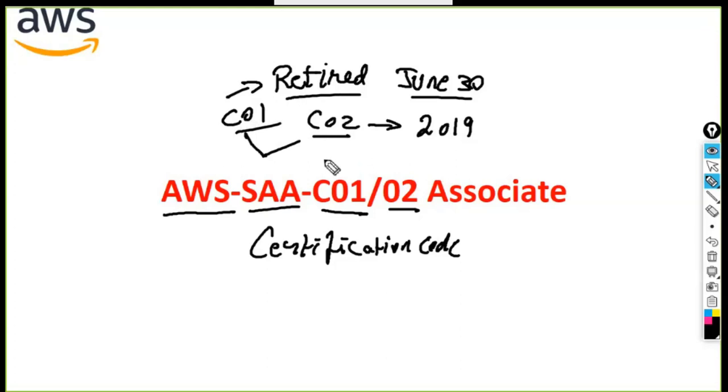So my aim or my goal is towards C02. I'm not aiming for C01, but C02 is slightly complicated. C02 is slightly complicated compared to C01, but I don't mind, because C02 will give more add-on to my learning curve, and it gives more architectural skills when we focus towards C02.